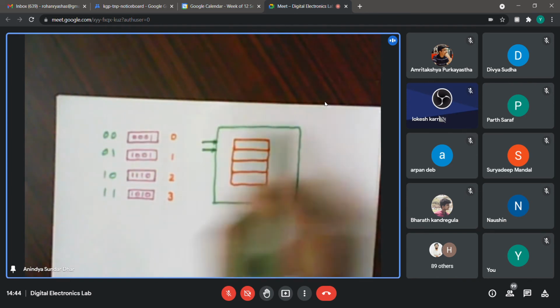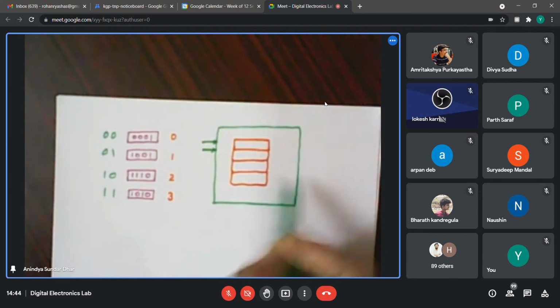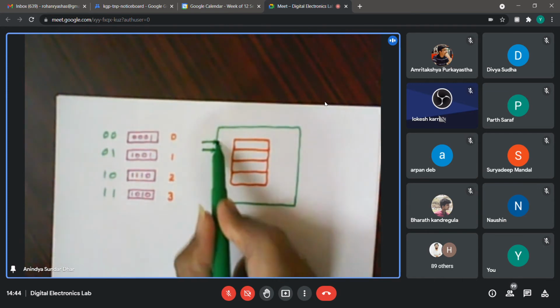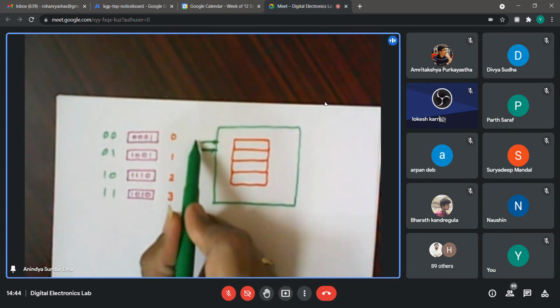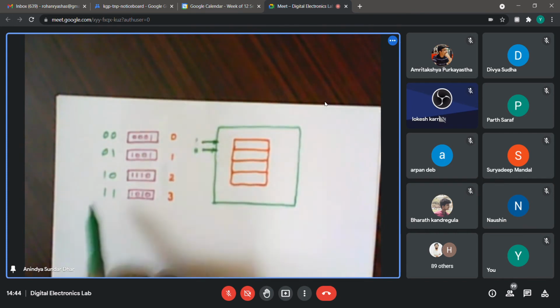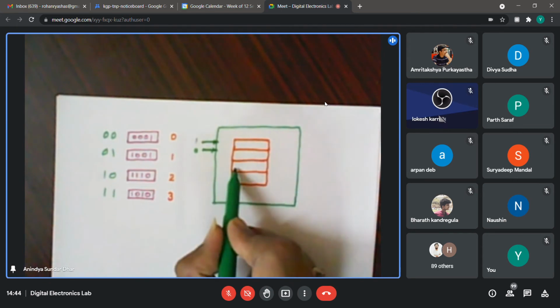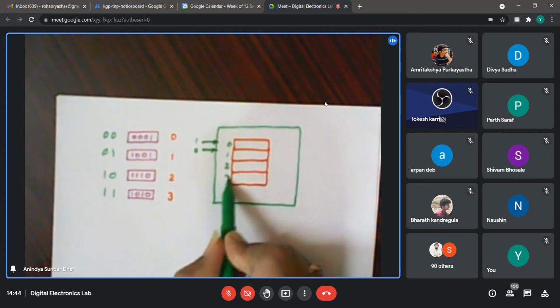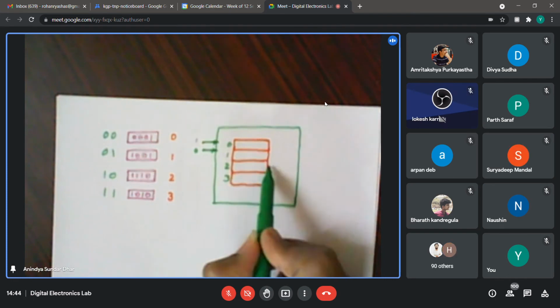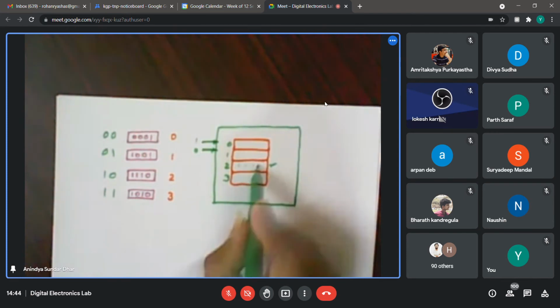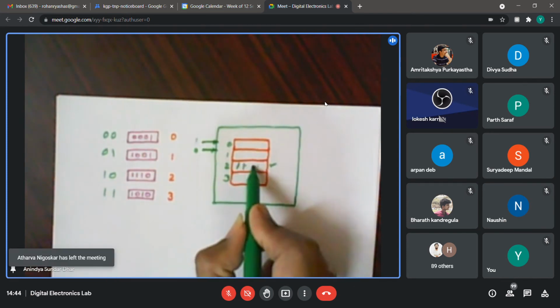So suppose inside this box, these 4 registers are there. You are sitting inside this box looking at these bits that I have given. Suppose I have given 1 and 0. So you see that, okay, 10 means 2. You calculate mentally, you know that this is the 0th one, this is first, this is second, this is third. So by 10, I'm referring to this one. Okay. Then you say that the content of this one, what is written, maybe 110.